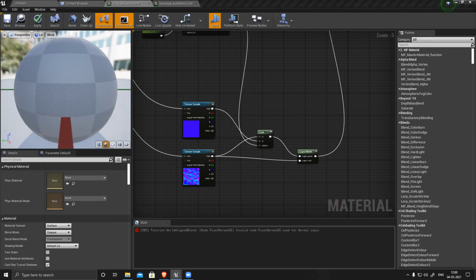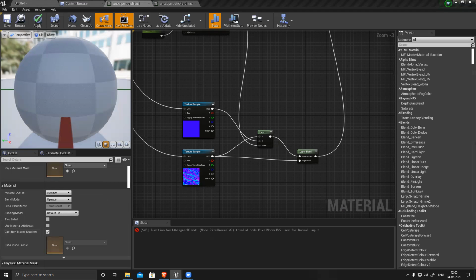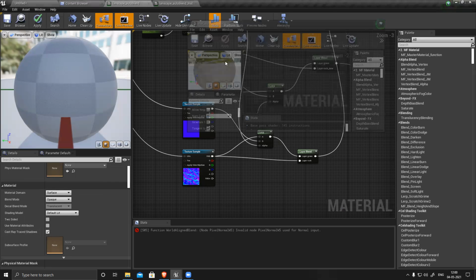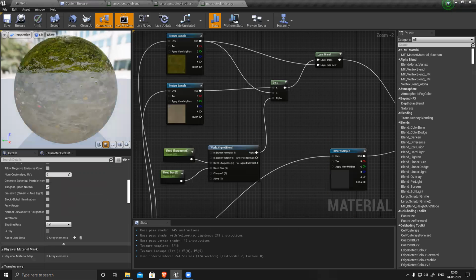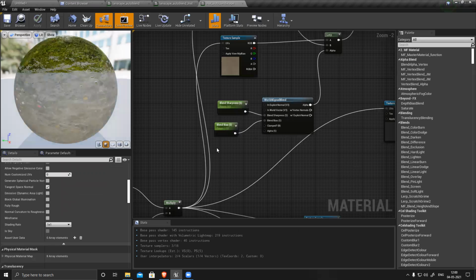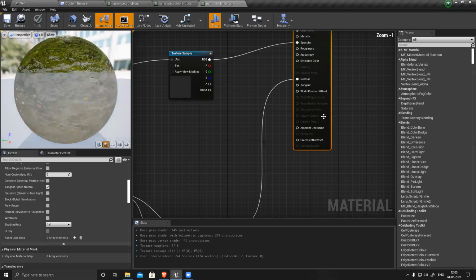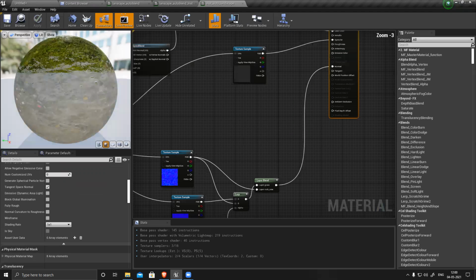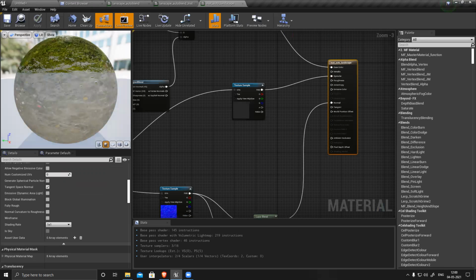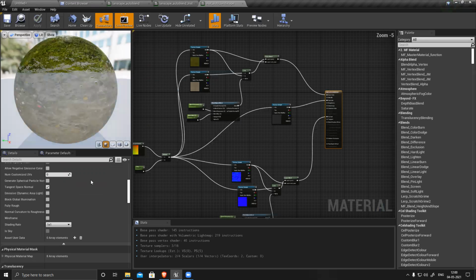But why? Okay, check this one. Exact same thing. Specular connected. Only specular I haven't connected.